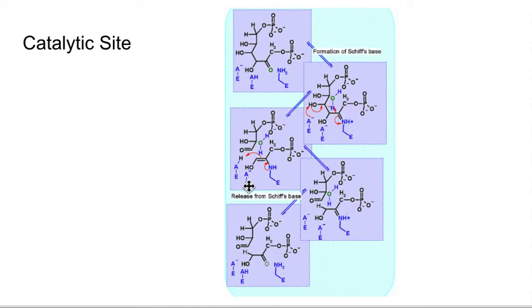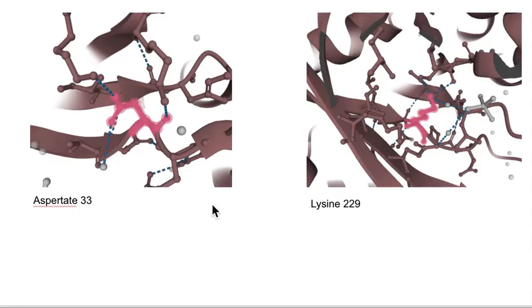Aspartate 33 can then be protonated, which provides the hydrogen required to shift the electrons back onto the lysine and back onto the DHAP, and causes the carbonyl to form back on carbon 2, which completes the mechanism. The formation of the carbonyl means that DHAP is no longer covalently bound to the enzyme and allows it to leave the active site. Here you can see those 2 residues involved, and the main takeaways are that the substrate